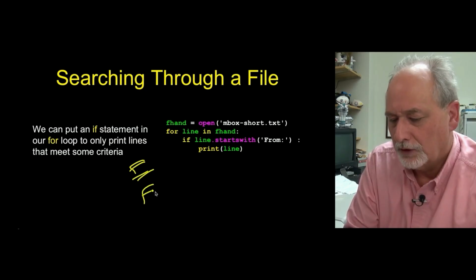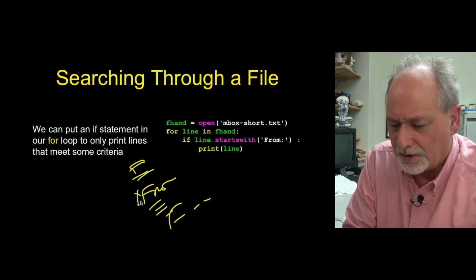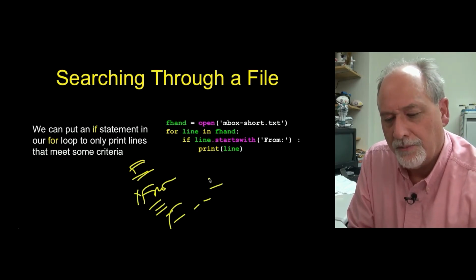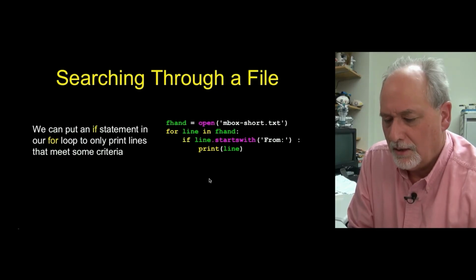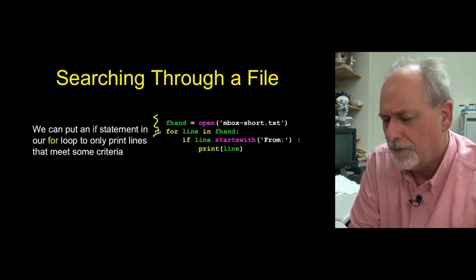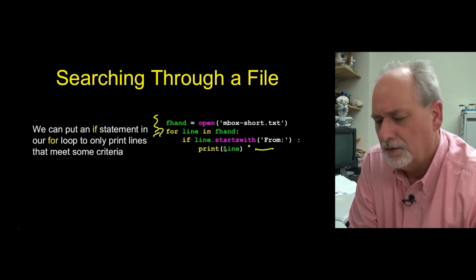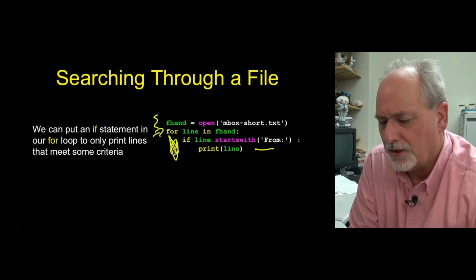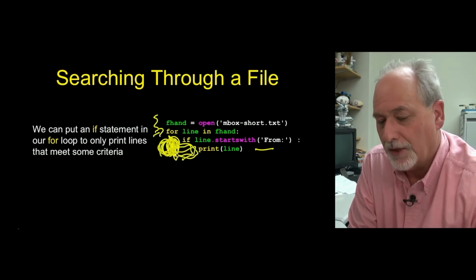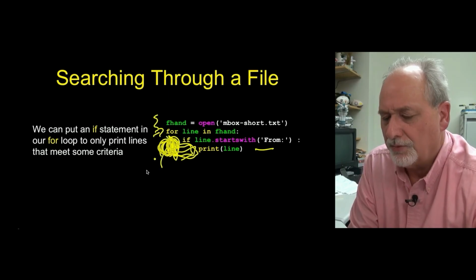Line from, line from, right? On and on and on. And we only want to show these lines, the ones that match. That's what we want to do. And so we are going to write an open statement, and then we're going to loop through and ask the question, if the line starts with from, print it. So sometimes it's going to skip, and then it's going to run it, and then skip, run it, skip, and then run it. Okay? So that's the basic idea. And then it'll finish when it's all said and done.